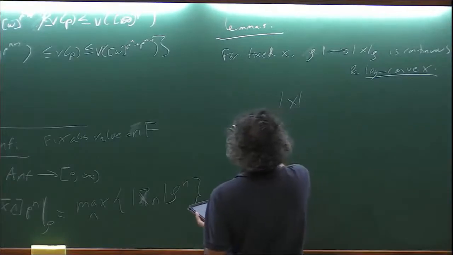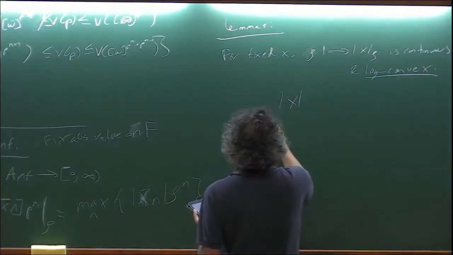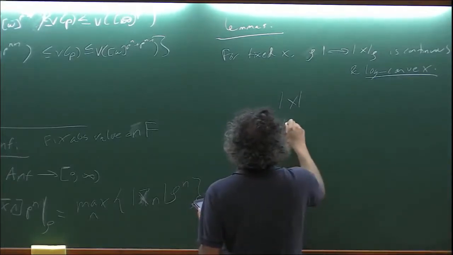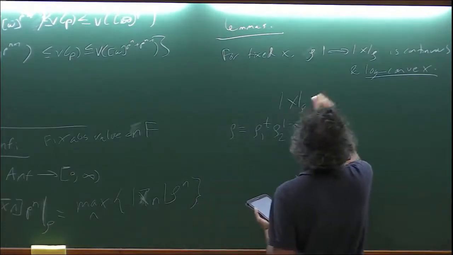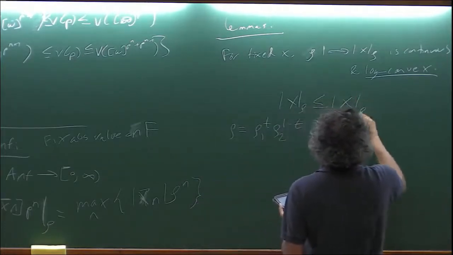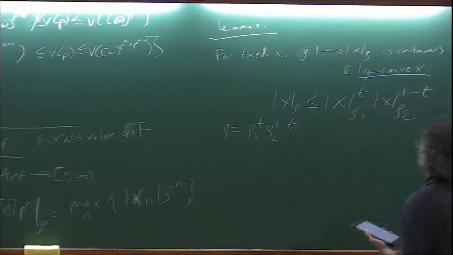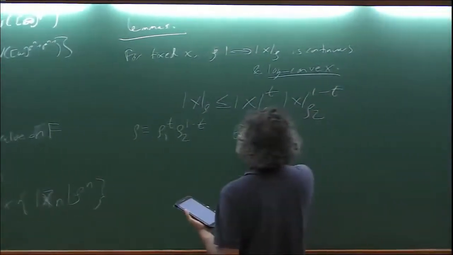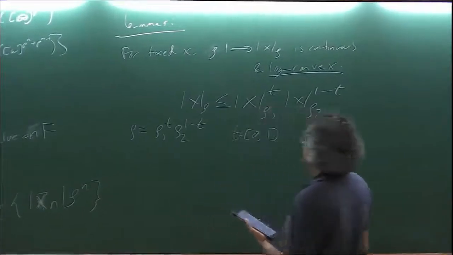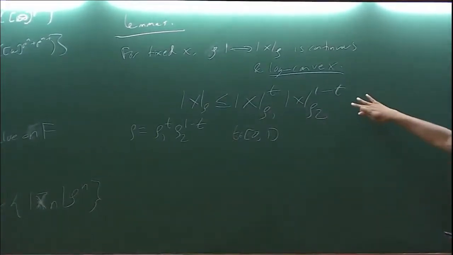So if rho equals rho_1 to the t times rho_2 to the 1 minus t, then the norm at rho of x is bounded above by the norm at rho_1 to the t times the norm at rho_2 to the 1 minus t, and t is in the range from 0 to 1 inclusive. So this inequality is obvious if there's only a single term available, and otherwise